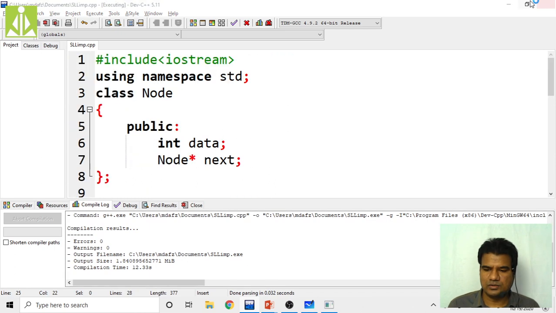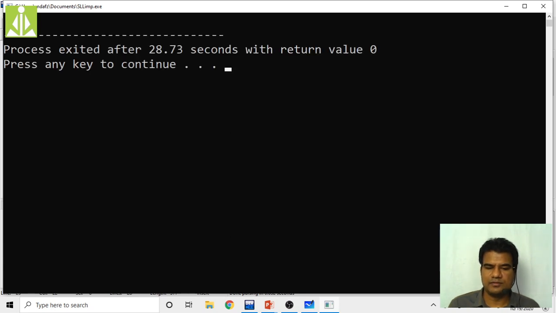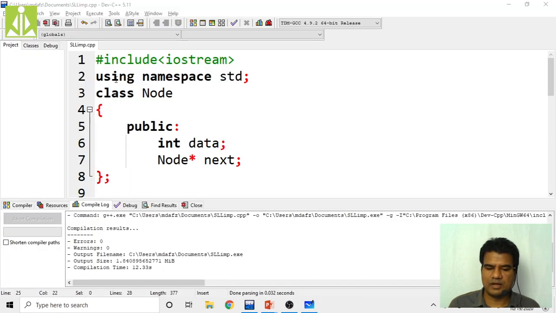Okay, so next thing, over here we are not getting any output. See, no output, simply the process exited after these many seconds and nothing is printed on the output screen. Press any key to continue. So we are pressing, so directly the control is coming back to our